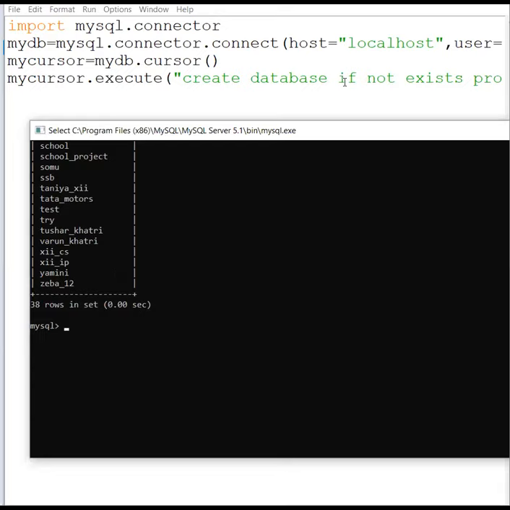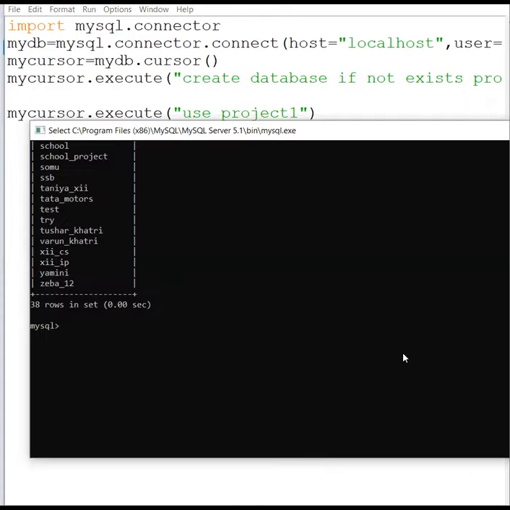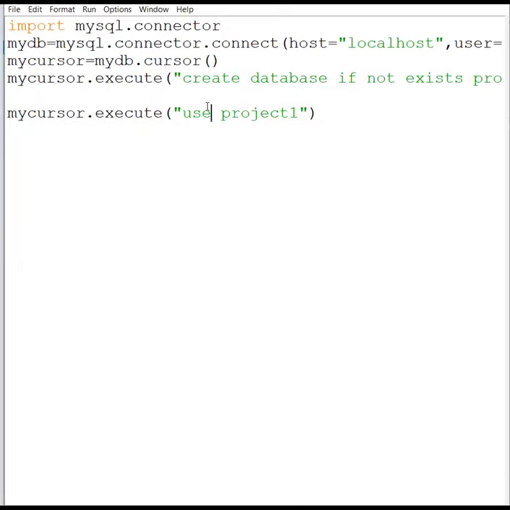So it means your project 1 is created. Now you have to select that particular folder. So again, the same line I'm copying and pasting so that I will not write again and again. See, Control V, then over here only use, then project 1. It means that database is selected. Now after use, what do you do? Suppose you are writing here use project 1. Then after that, what do you do? Yes, after that you are writing the create table command. Fine, you are creating the table. So now I will create one table and then we will see.